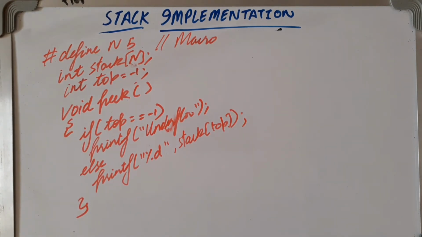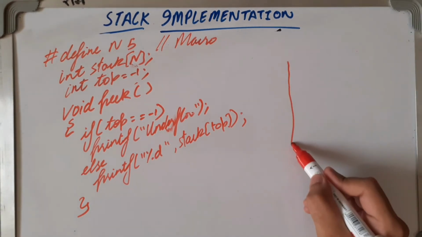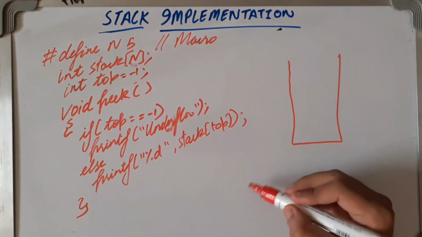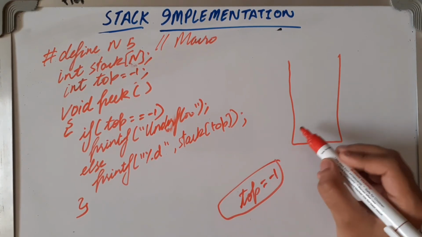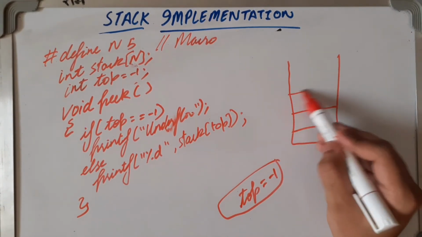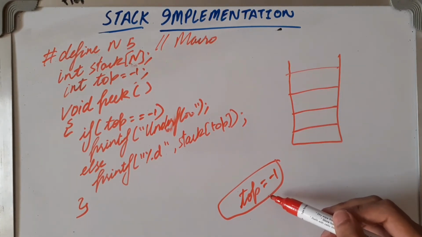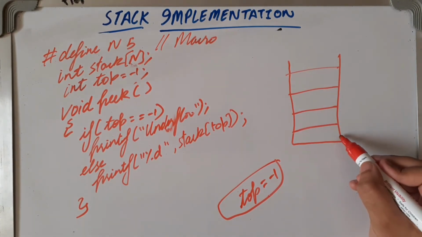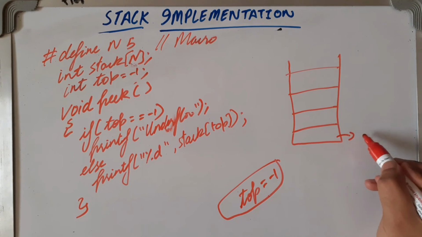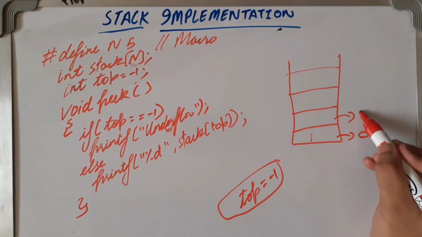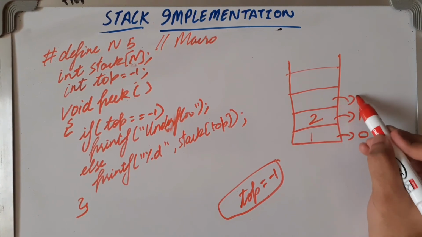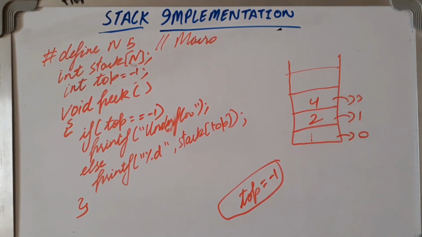I think you are able to understand what we are doing. Basically, let me clarify. We have a stack. In the early condition, we are putting some elements in the stack. If top is minus 1, it will first do top 0, then enter an element, then top 1, then enter an element, then top 2, then enter an element. Okay guys, it is like that.